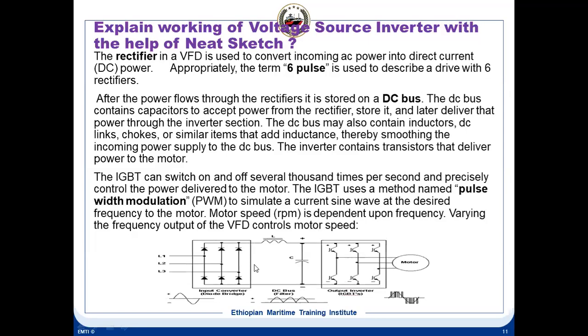So after the power flows through the rectifier, it is stored in this DC bus. Why is it called a bus? These lines are called the bus lines, like a bus bar, same as a bus bar. So this is an inductor, this is a capacitance. This stores the charges for these inverters. So this contains capacitors and inductors. It will filter also, it will prepare the input for this.